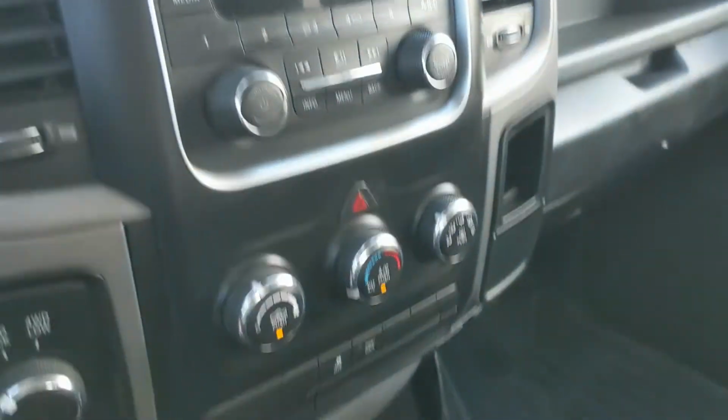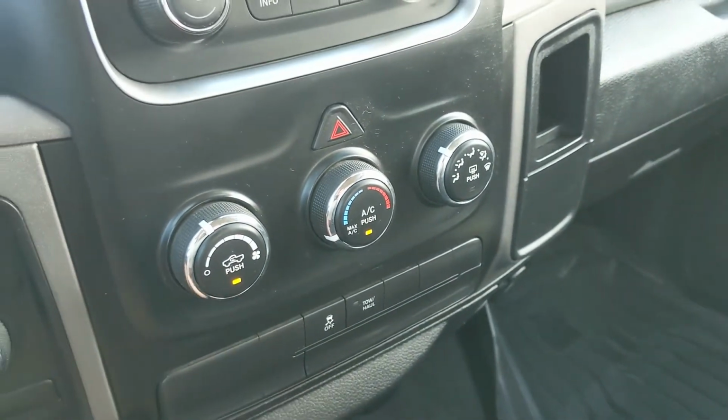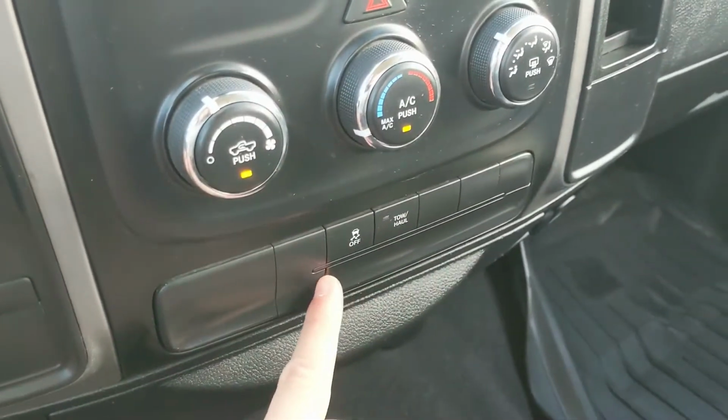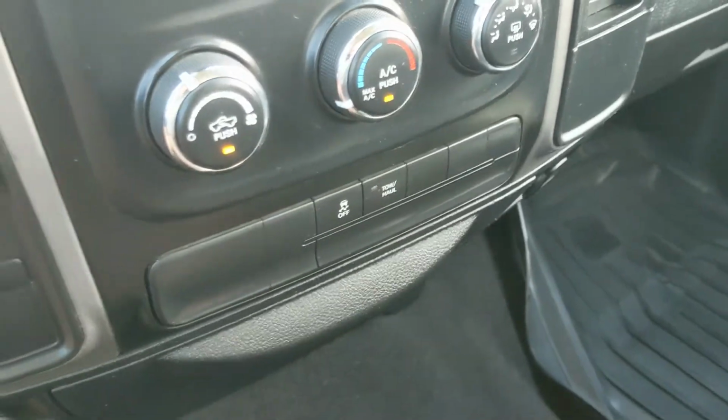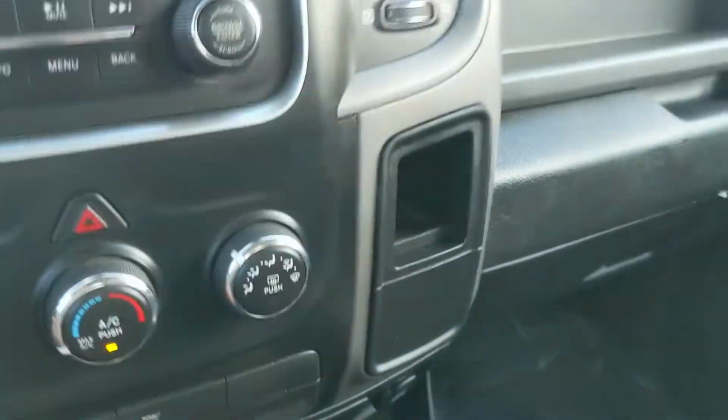But then moving down from that, you have your hazards and then your climate controls. Very simple, easy to use. You have your traction control shut off and your tow haul mode there. And then moving to the left, where you have your 4x4 controls, and on the right you have a little